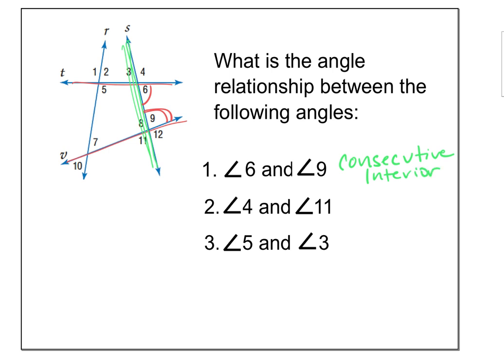Angles 4 and 11. Angles 4 and 11 are here and here. Those are outside of these 2 lines, and they're on opposite sides of the transversal. So those would be alternate exterior